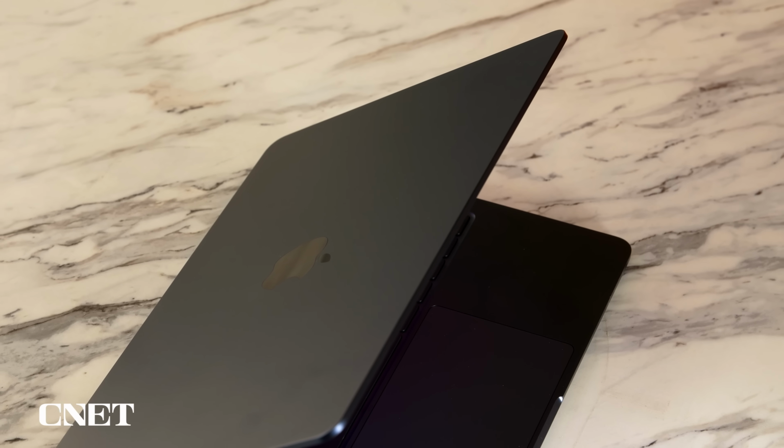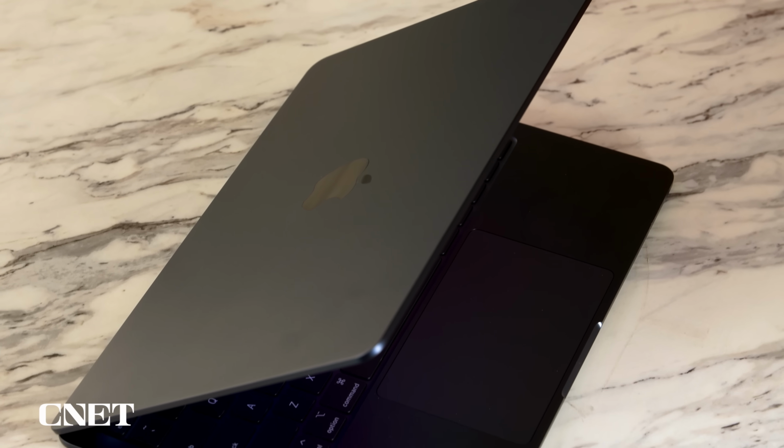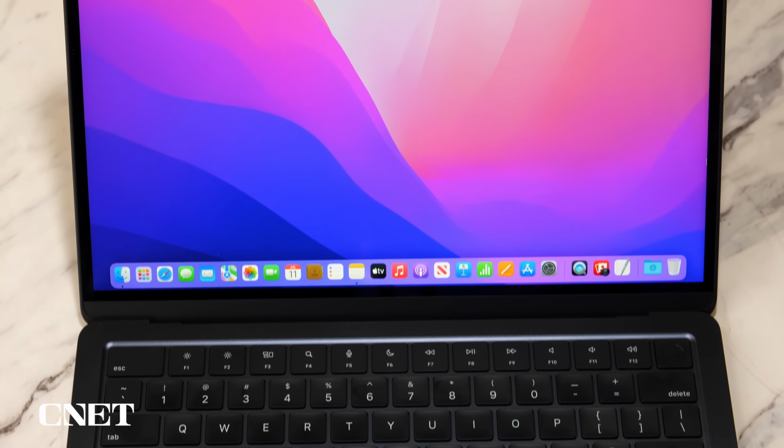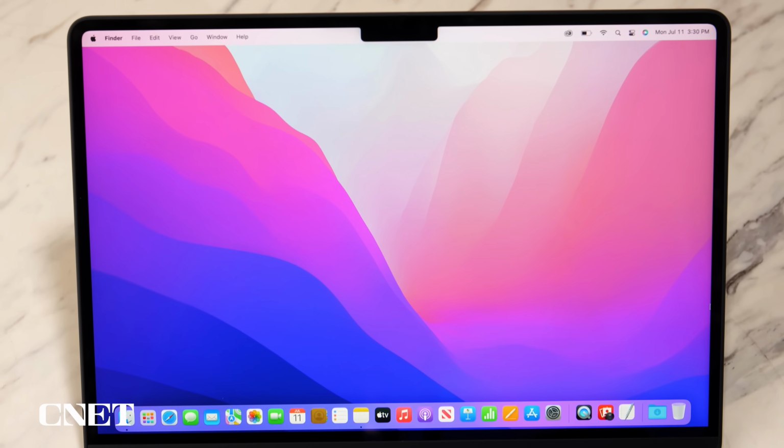In this new version, you've got a new design, you've got some new colors, you've got a new chip inside, the M2 versus the M1. There's changes to the screen, changes to the webcam. There is, however, one change I am not a big fan of, and that is a change to the starting